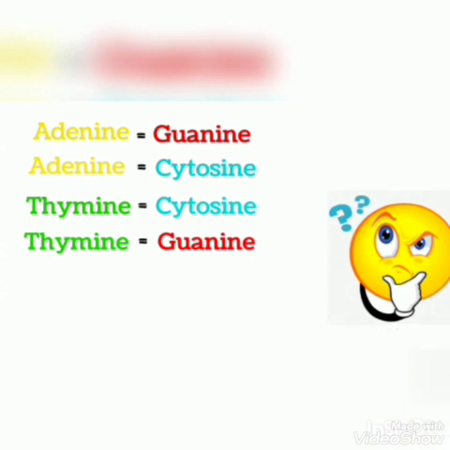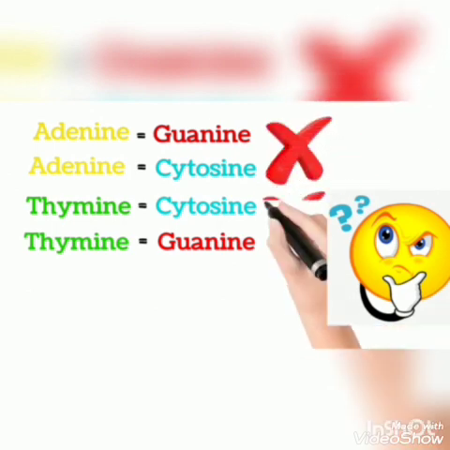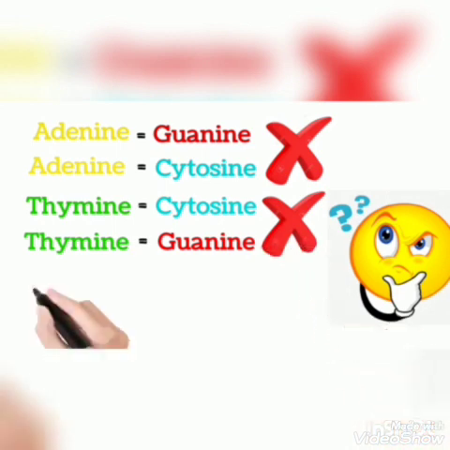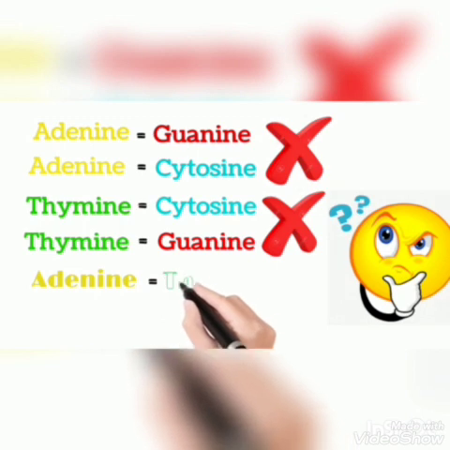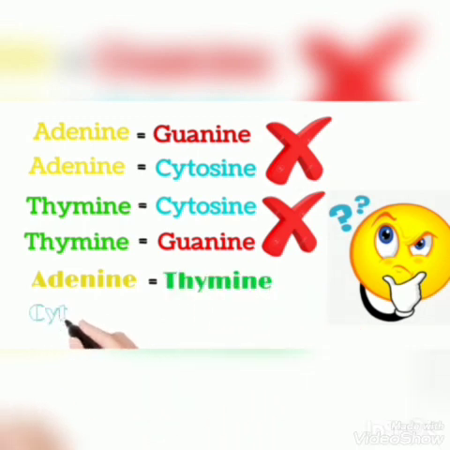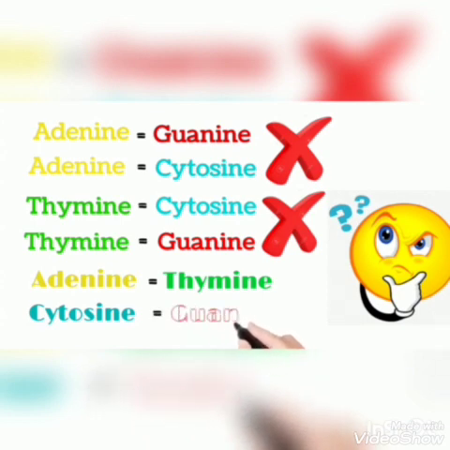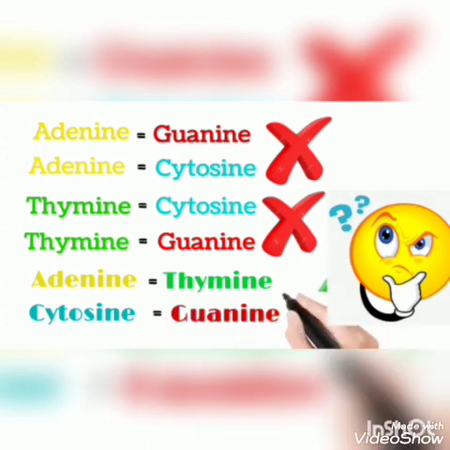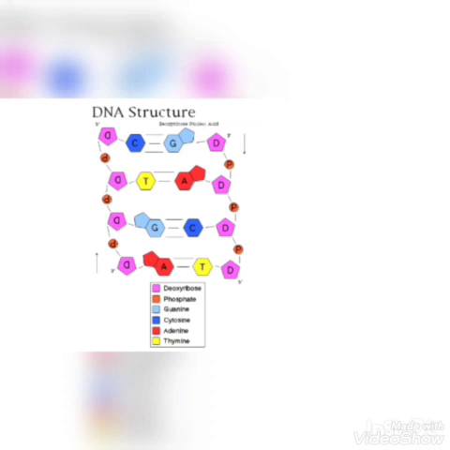Absolutely, the answer is no, because a hydrogen bond is formed between a hydrogen donor and acceptor group. A smaller base is always paired with a bigger one. The distance between the two bases should be approximately 3.4 angstrom. If these bases pair together, they form a longer gap between them. So the pairing should always occur between adenine and thymine, and cytosine and guanine. Here is the DNA structure with the nitrogenous base pairing with double and triple bond.